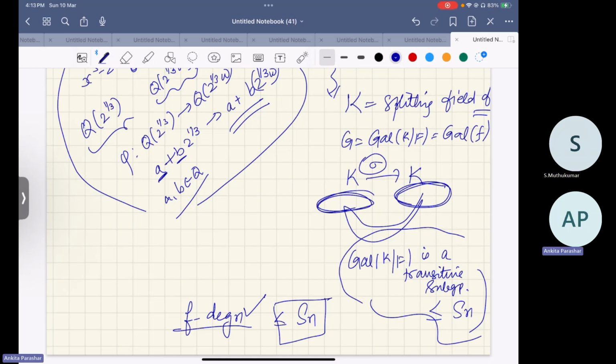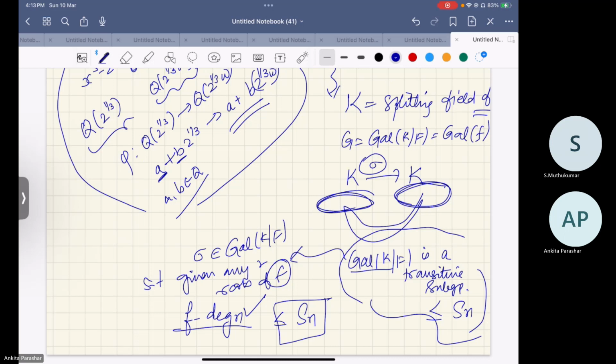So here I'm trying to say that you can find sigma in this group, Galois K over F, such that given any two roots of your F, one will be mapped to the other by some sigma. So transitivity, let's check again. H is a subgroup of G. We say it is transitive if